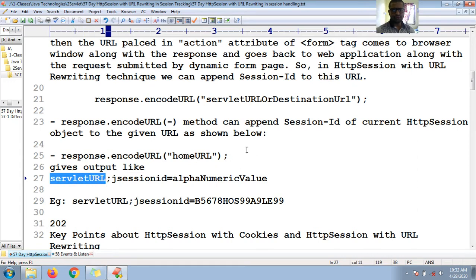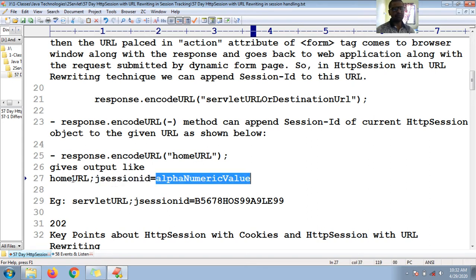You can see here, this is your home URL. So instead of servlet URL, let me append home URL, then a semicolon, and there you will find the session ID. The session ID is an alphanumeric value and it must be unique.